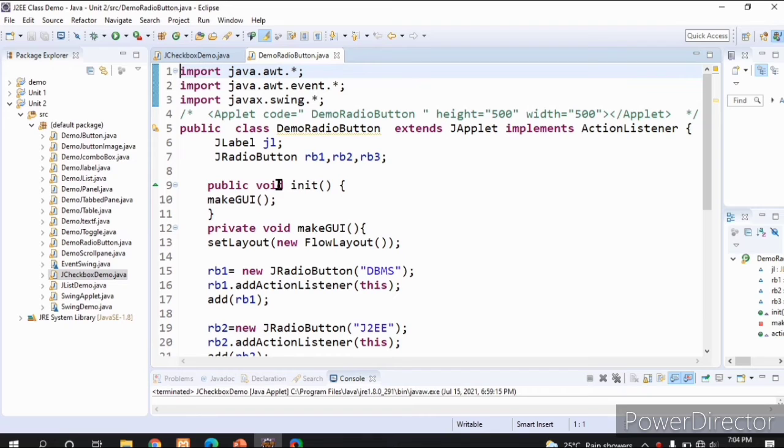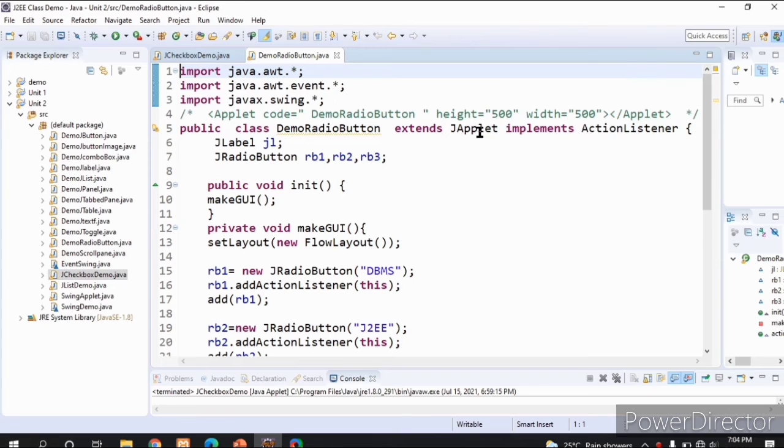This is a radio button example. As we are using a flow layout manager, we are importing the java.awt.* package. Next we are handling an action event here, so we are importing java.awt.event.*, and we are importing the javax.swing package. Why?